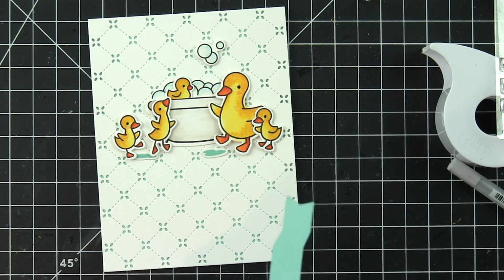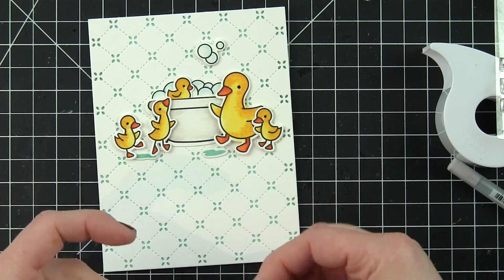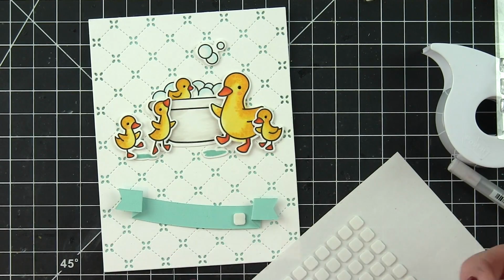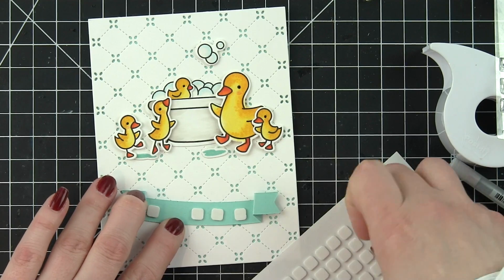I die cut my banner from the Mermaid cardstock. This is a fancy folded banner. I love this banner. I stamped my sentiment, I'm a lucky duck, on this with Versamark ink. Heat embossed this with the Lawn Fawn white embossing powder, and then I'm adding some foam adhesive squares to the